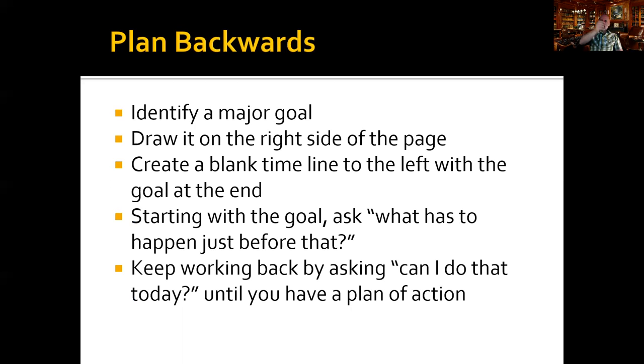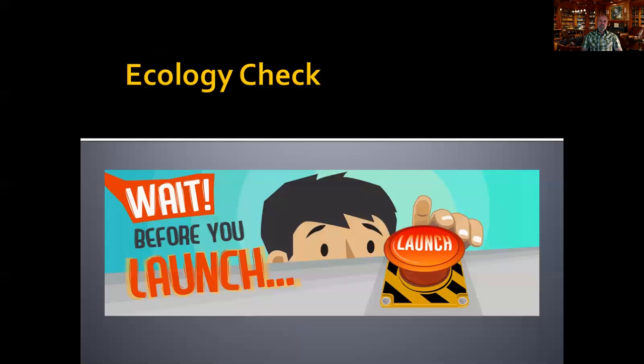Then we say, okay, I want you to imagine you've accomplished this goal. So let's go backwards in time. Right before you accomplish that goal, what happened? And right before that, what happened? And before that, what happened? You write that all on the board, and it creates benchmarks for what the steps are in order to reach a goal. Then you can come up with specific goals related to those small steps. So chunking and planning backwards are two sides of the same thing, one going forward in time, and one looking into the future and then planning backwards.